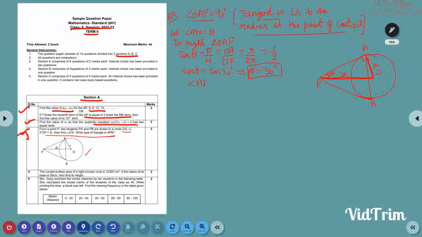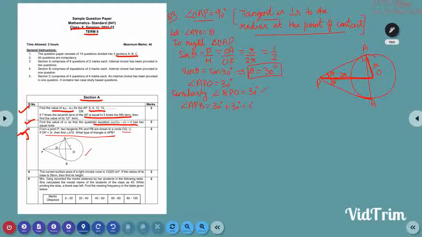If we apply the same thing in this triangle OBP, we will get the value of angle BPO as 30 degree. So angle APO is 30 degree and similarly angle BPO will also be 30 degree. Therefore angle APB will be equal to 30 plus 30, 60 degree. Let us write angle APB. This is the angle which we have to find out. So this angle APB will be equal to 30 plus 30, which is 60 degree.